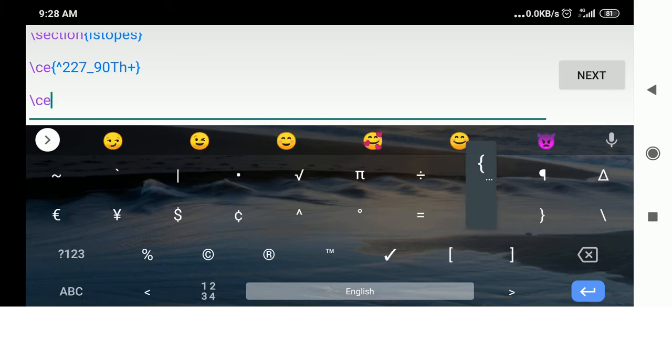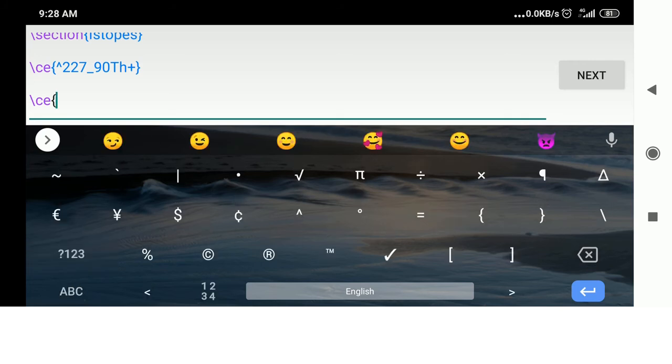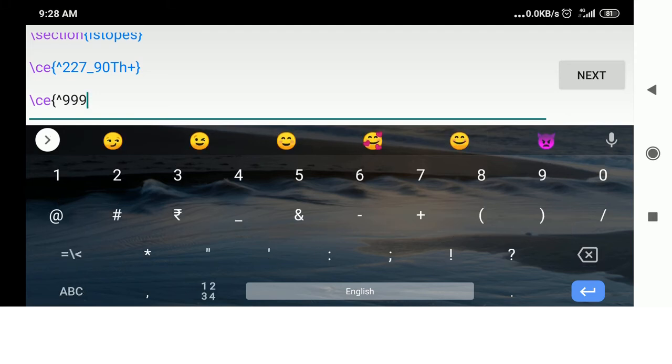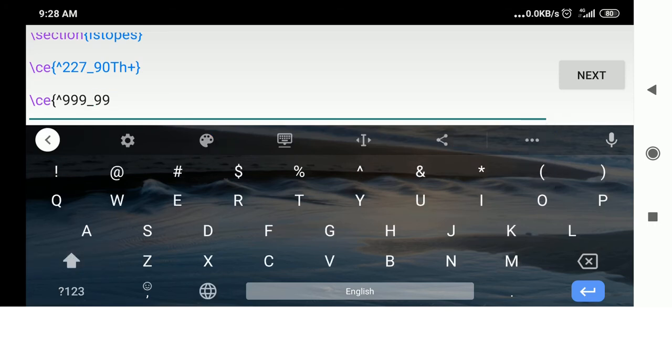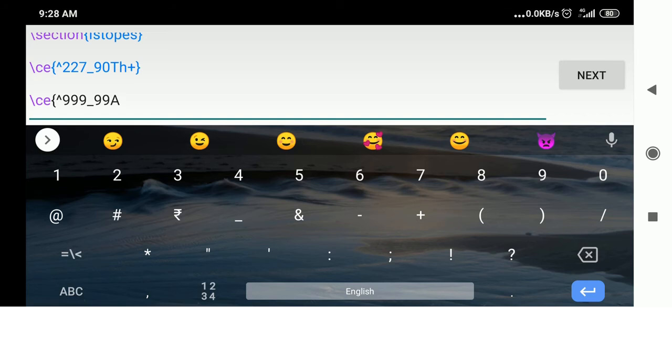CE curly bracket. This time we'll go for the generic one, with triple N, 999 as the atomic mass, underscore for atomic number, that we'll use as 9, and formula for that is A. And if we need charge, we'll go for the negative charge.